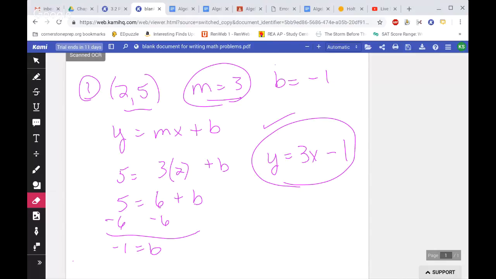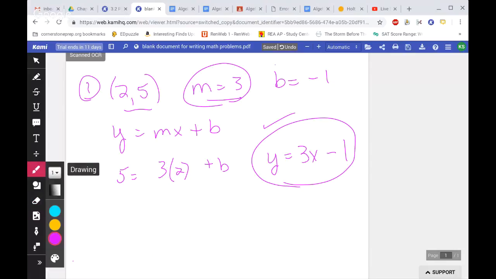Is there anybody that needs me to do 2 and 3? Or can I move on to 4 and 5? Wait, can you leave that up for a second, please? Or is it too late? Do you need me to rewrite that? Well, I had to run and get paper because I was out of paper. Okay, do you need me to rewrite that? If it's not a big deal, then